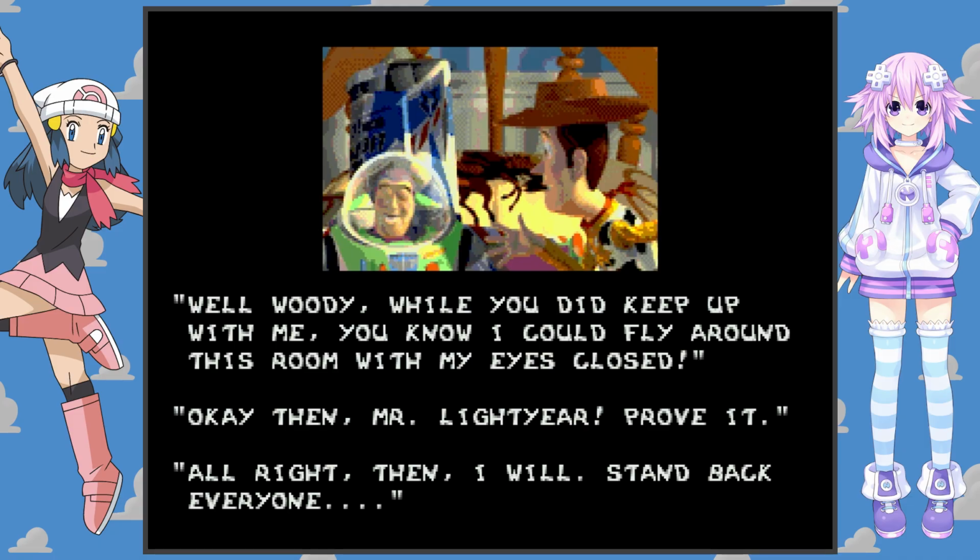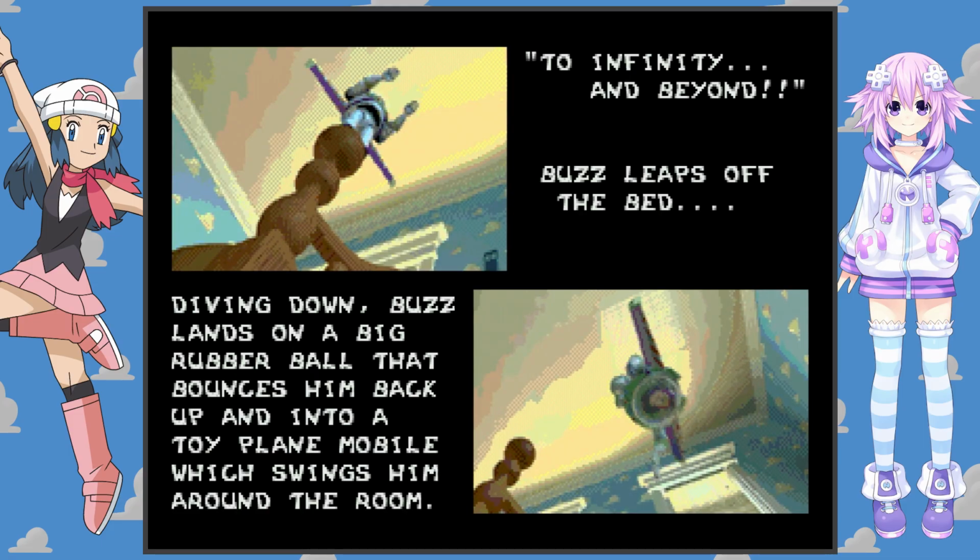The good old film. I think this is one of the things that they actually got right from the film, that they translated correctly from the film. Because this is all definitely what they say. To infinity and beyond, because he leaps off the bed, dives down, does the usual shtick. Where he goes like... He doesn't even fly. Like Woody even said, it's literally falling with style, because you would never want to dive headfirst like Buzz did,